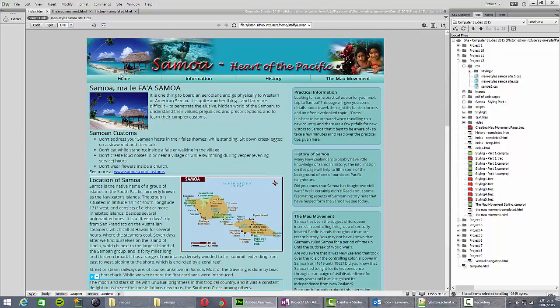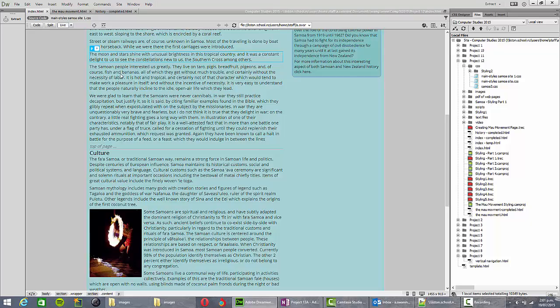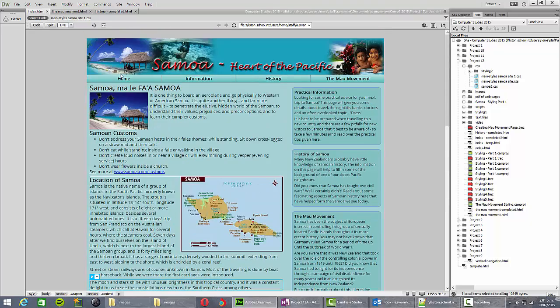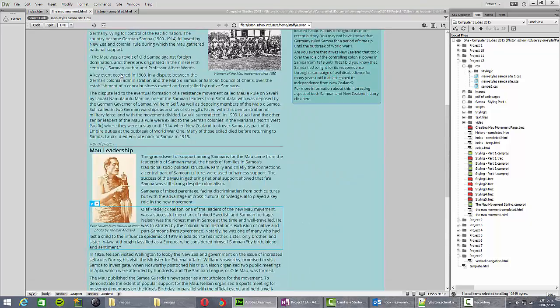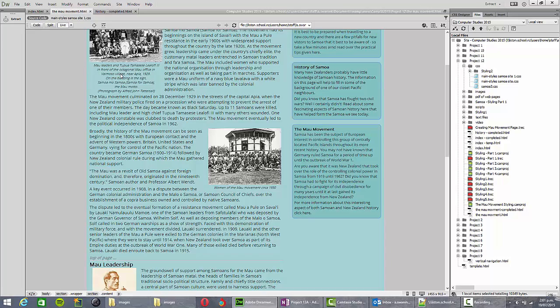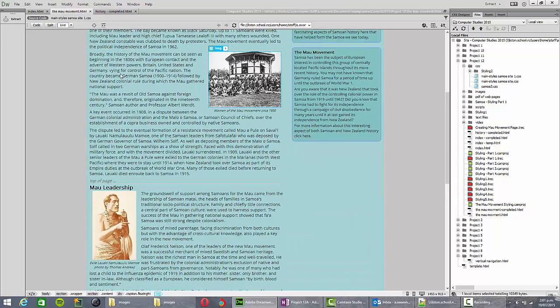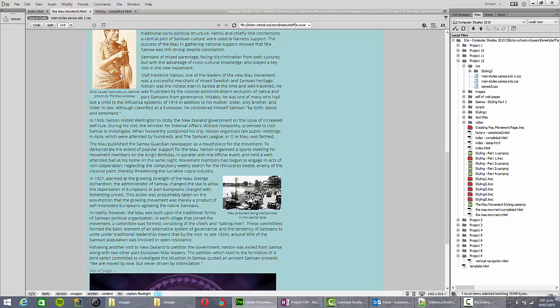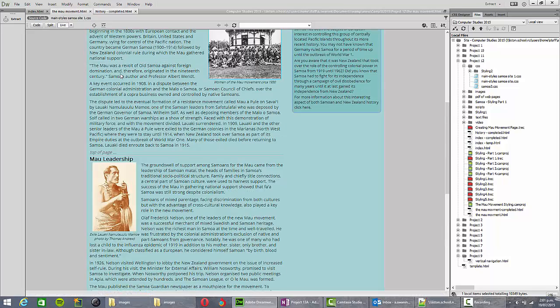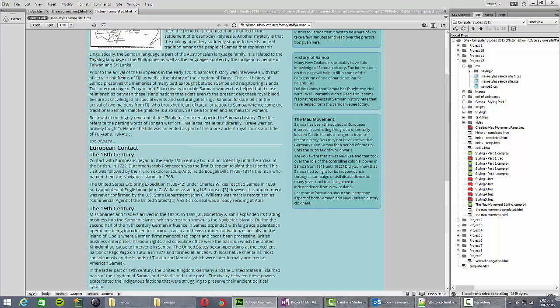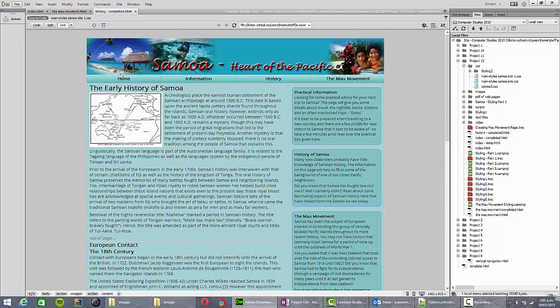So on the index page here, that's basically going to remain unchanged, but the Mau Movement 1, we're going to have this image on the right and also this one here. Okay, so coming back to the history page, how we're going to create that, what I'm going to do is